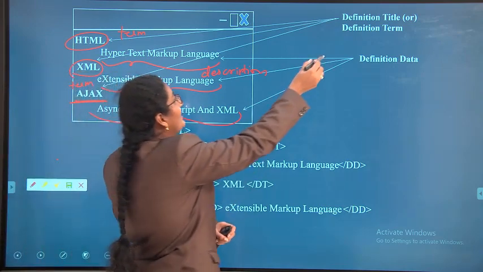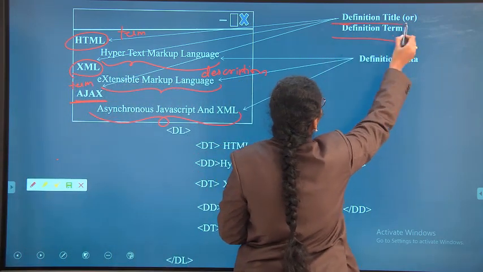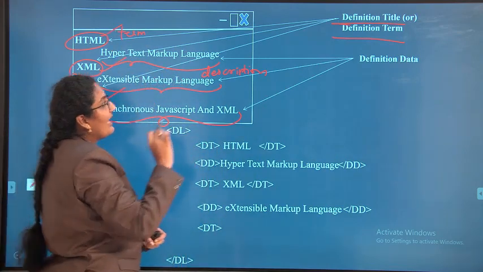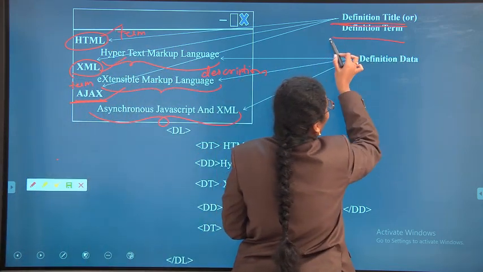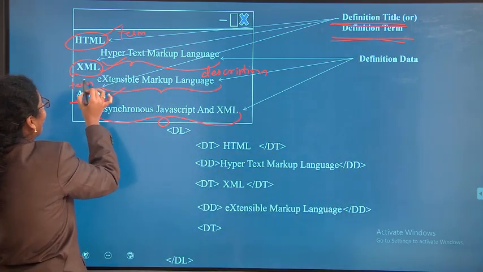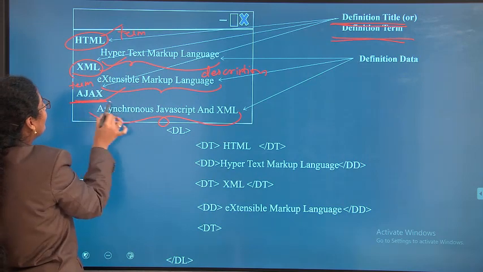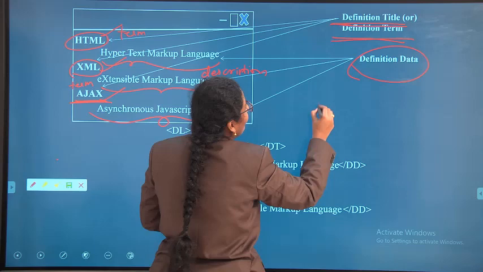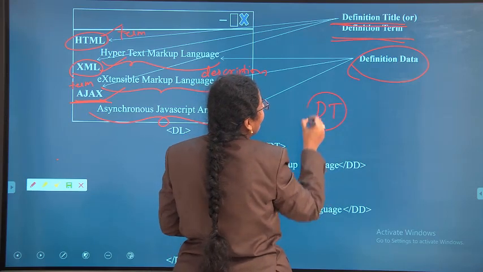See here, definition term or definition title. HTML, XML, Ajax are called definition terms or definition titles. The full forms of HTML, XML and Ajax are called definition data. Definition term is called DT.